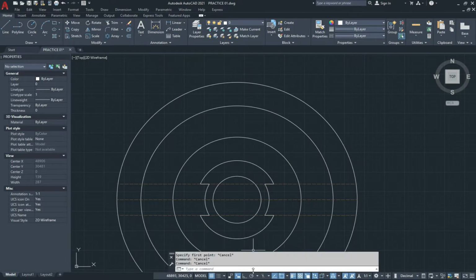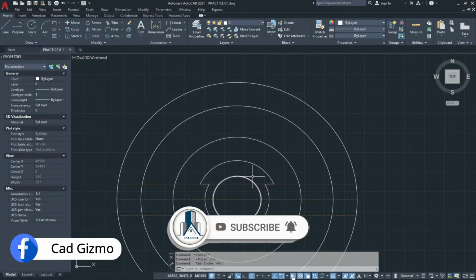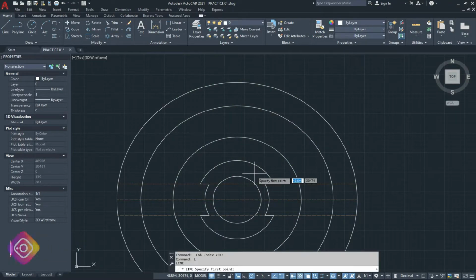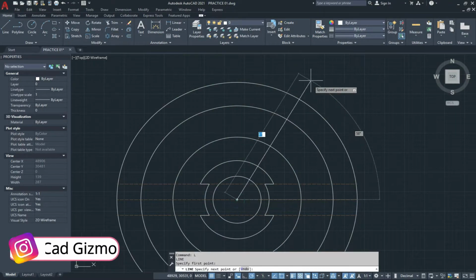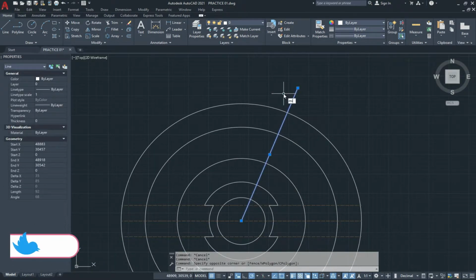And to draw this, turn on the polar tracking and add the angle 67.5 degrees and click OK.